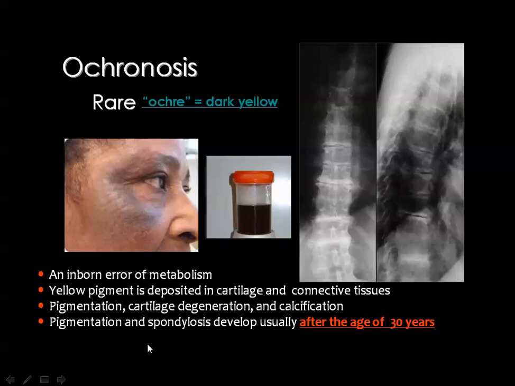Then we came to ochronosis, which means that there is a dark yellow color pigmentation of the skin. This is also a metabolic disease where yellow pigment is deposited in the cartilage and the connective tissues, leading to pigmentation, cartilage degeneration, and calcification. Then if this pigment has deposited in the articular disc, for example, which is made